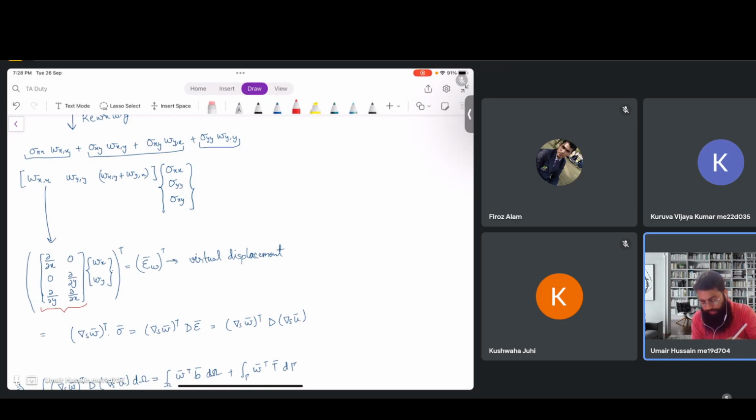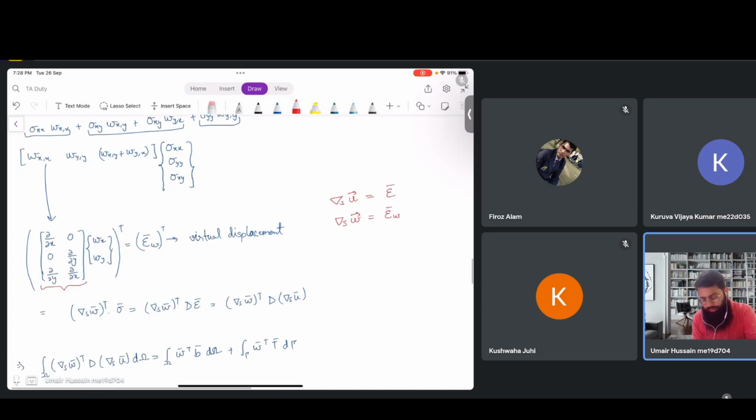When this symmetric gradient operator was applied on the displacement vector, what we got was strain, right? Now if we apply this on the weight function vector, we name it the virtual displacement operator. So this is the virtual displacement,